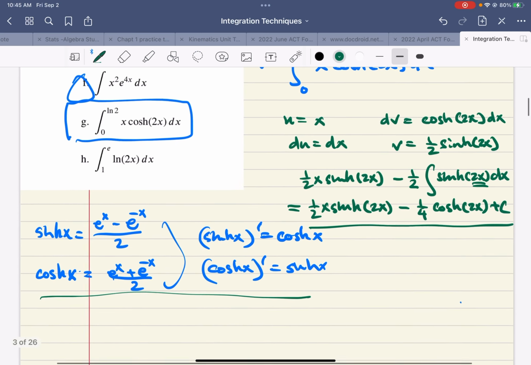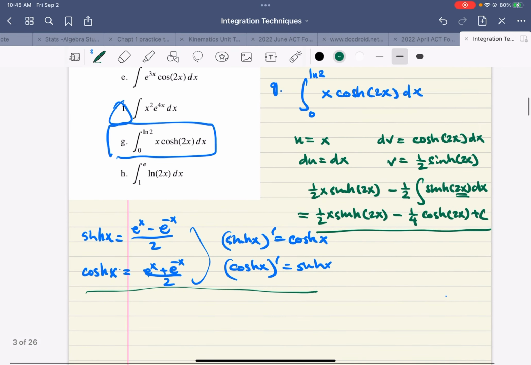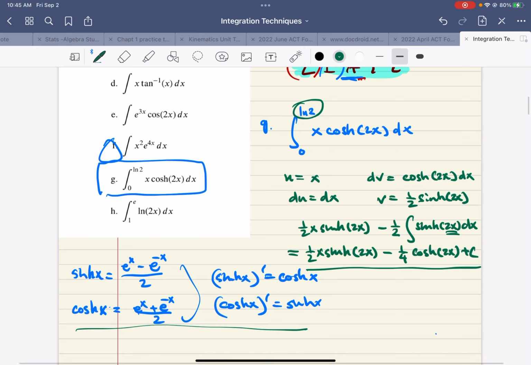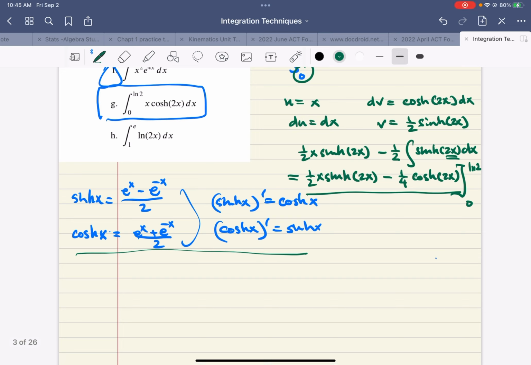So now let's do, hold on, but this one you have to do 0 and ln 2. Okay, so I thought that one was indefinite, but that's actually a definite integral. So from here you plug in 0 and ln 2. So let's plug it in. So 1/2 ln 2 hyperbolic sine 2 ln 2, okay, minus 1/4 hyperbolic cosine 2 ln 2, and minus,